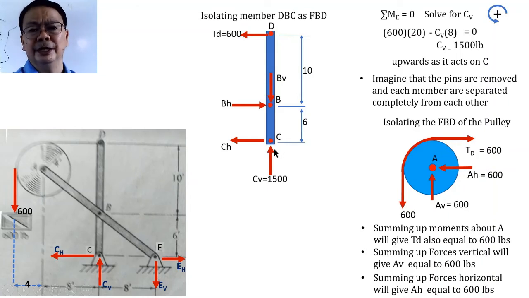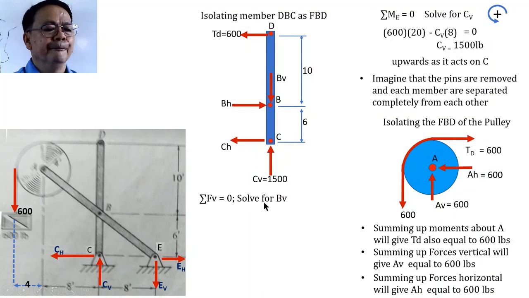And because this is in equilibrium, we have here a system of non-concurrent forces in equilibrium. Therefore, the other 3 unknowns can be solved by applying the conditions of equilibrium. So if we're going to solve for B sub V, since no other force is acting, we can solve for B sub V right away if we